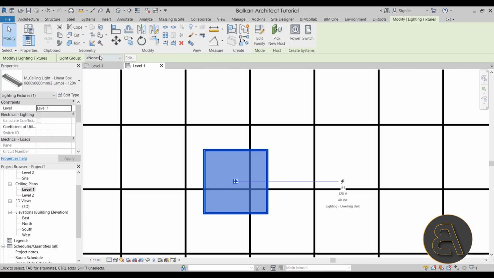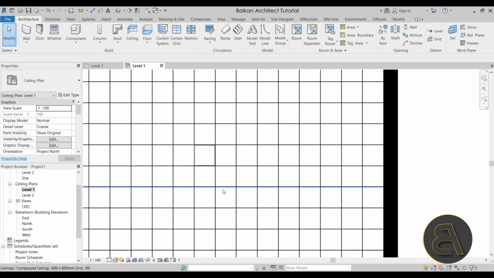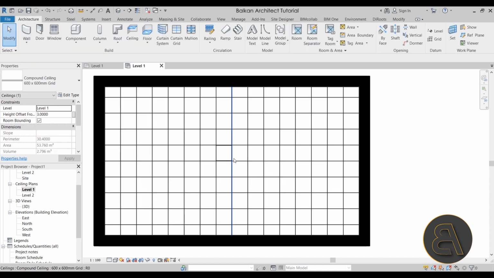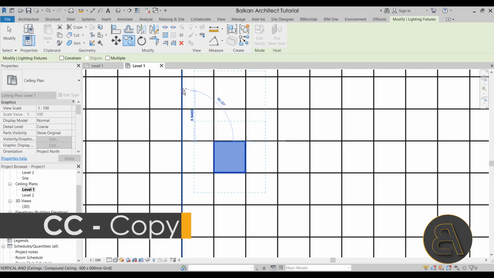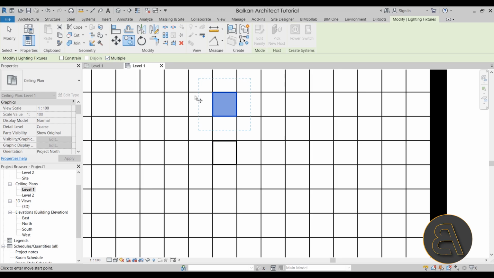Then zoom in, select that, and just move the corner here to the intersection, and there we go. So as you can see, it's going to fit in really well in this type of ceiling. And of course, you can copy it around if necessary, so you can go like that. Let's copy it multiple times, perhaps,